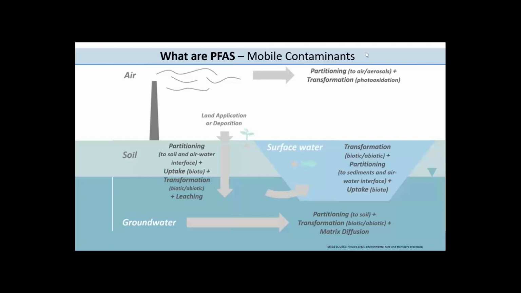So we spoke about mobile contaminants, and this is where the risk comes in. When PFAS are liberated in the environment, they don't break down very easily. Those that do break down typically degrade from precursor compounds into other PFAS, quite often ones that are more toxic or have a higher toxicity.